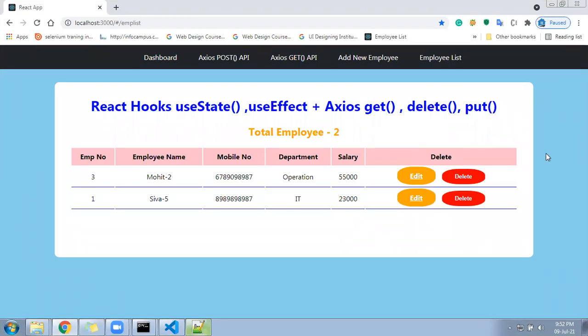Hello guys, welcome back. I hope you have seen the last three videos. We are under the hooks state management series. There we have gone through useState, useEffect, and using Axios, we have implemented the get, post and delete functions. Now we are into the fourth video, how to edit the data using hooks, that